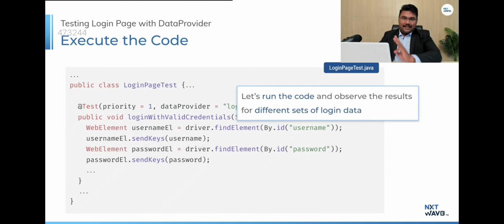All right, so we have seen three different test cases altogether. First, the success case for Pranita's credentials, the first set of credentials in the data provider method. Then we have seen